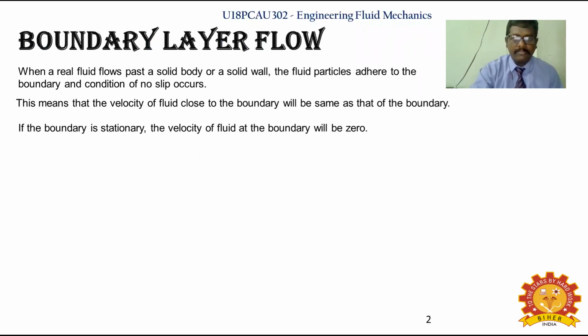Already in the first module, you saw viscosity in the properties of fluid. In viscosity itself, you learned the relation between the shear stress and the shear strain in a fluid. That is what relates here to the boundary layer. Close to the boundary, you will have zero velocity. Then, layer by layer, as you go on, the velocity keeps increasing. This is what you are going to see on the upcoming slide.